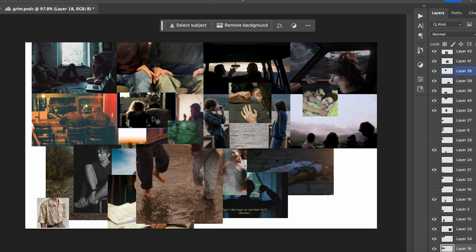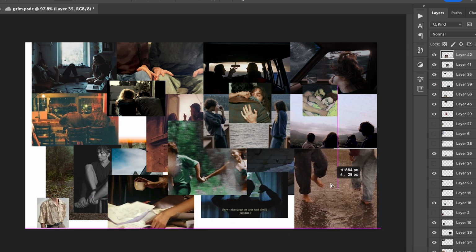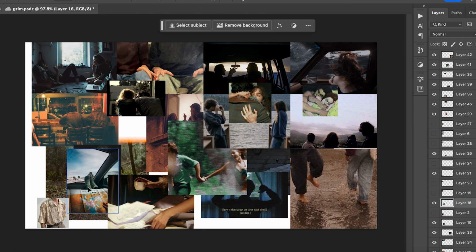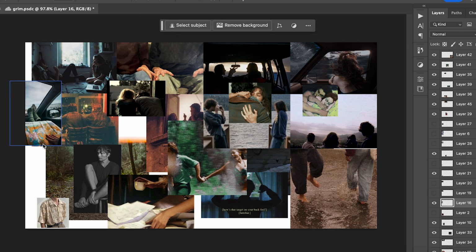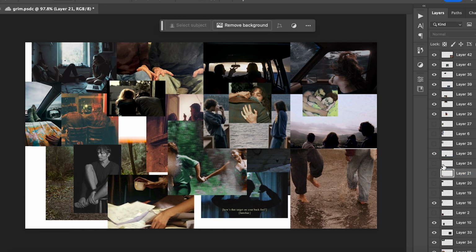And if you notice in my mood board, I went for a lot of faceless photos, and I think those are best because even though these people are similar to the actors and actresses, it is not them, and so it gives it more of an authentic character inspiration aesthetic, I believe,